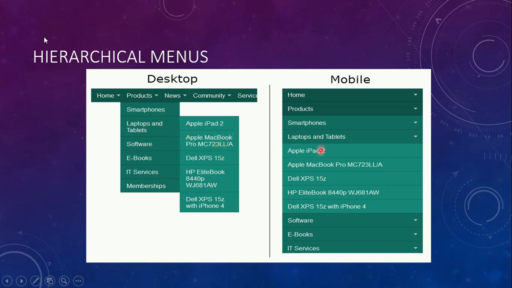You go on clicking the menus, and you may finally end up somewhere, having forgotten from where you chose that particular choice. So let us see how a hierarchical menu diagram looks. Let's see in the next slide.